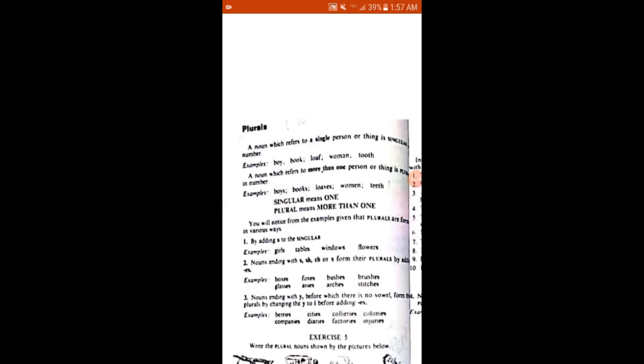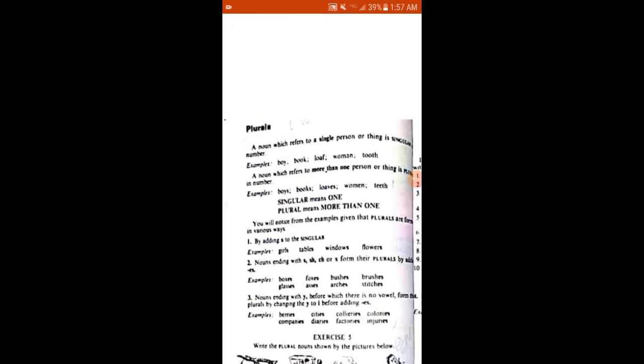Number 1, by adding s to the singular. For example, girl, add s and it will make the plural of girl, girls. Tables, windows, floors. We just add s after the word. In point number 2, rule number 2 is if the noun is ending in s, sh, ch or x, means